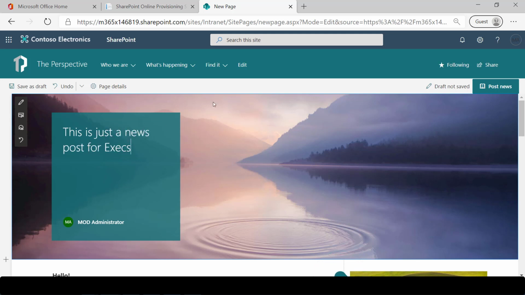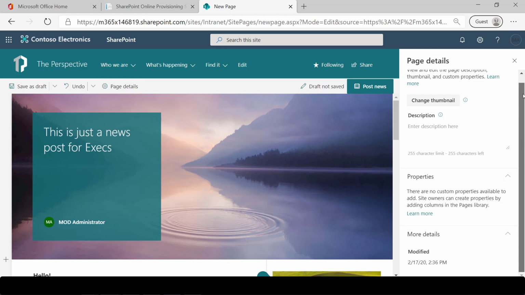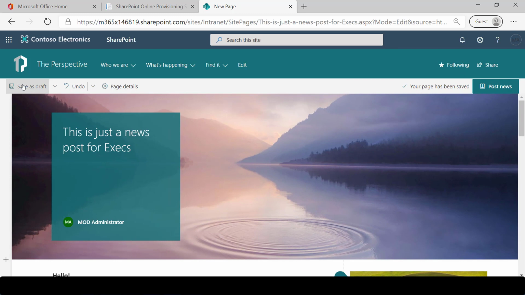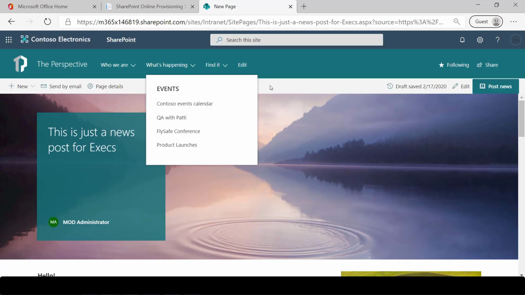So I'll say this is just a news post for executives. And if I look at my page details, then at the moment, I have no way of really saying what this page or who this page is intended for. So I'm just going to save that as a draft for a moment,